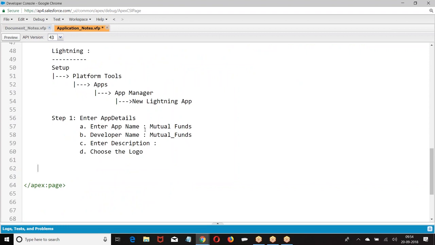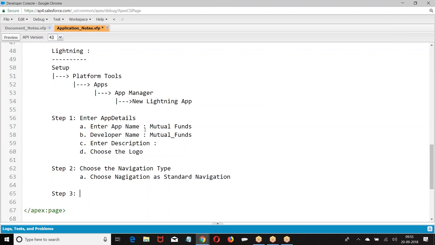This is what you have done. Step number 2, choose the navigation type. Choose standard navigation.